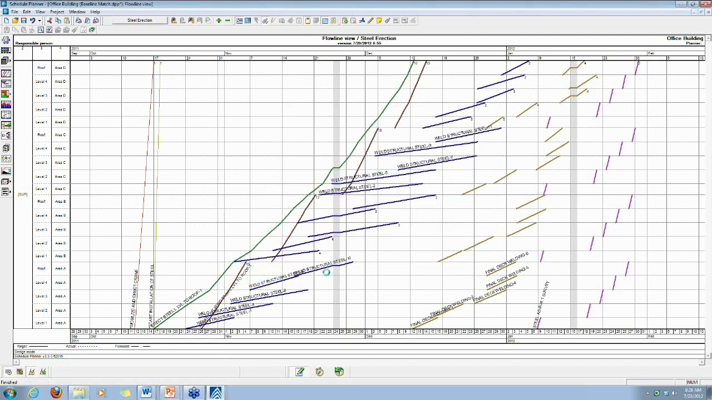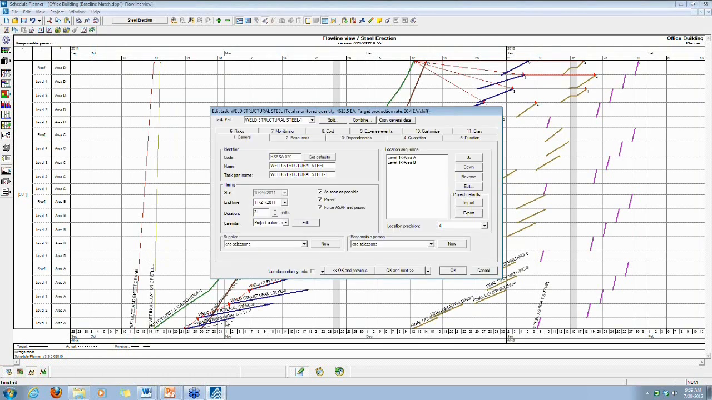Now, if we look at the weld structural steel, that's occurring in a very different location breakdown, location sequence. It's difficult to pull from this view because so many of the lines are stacking. But if we look at the weld structural steel activity part, you can see that it's broken into individual kind of